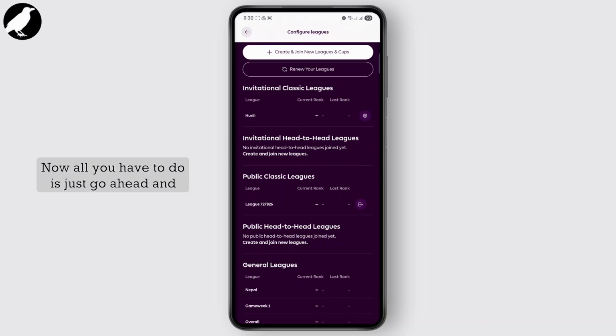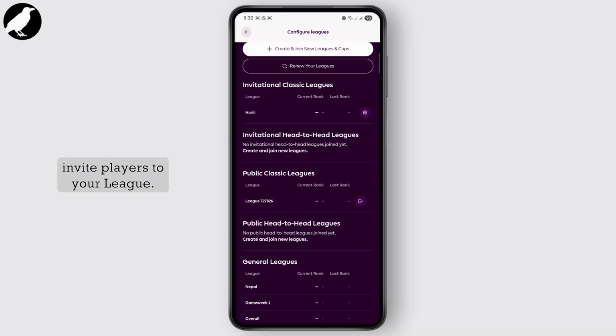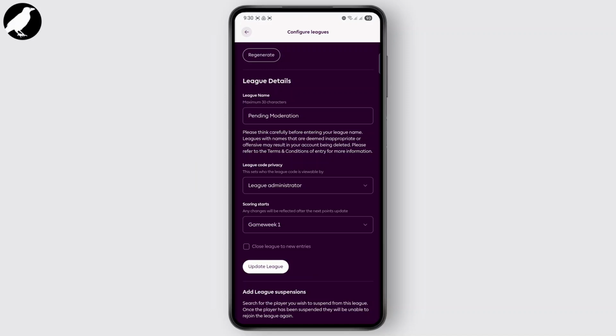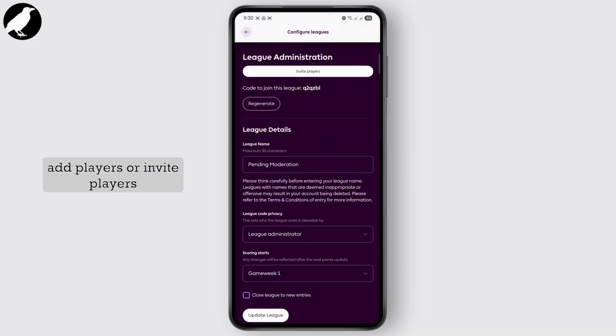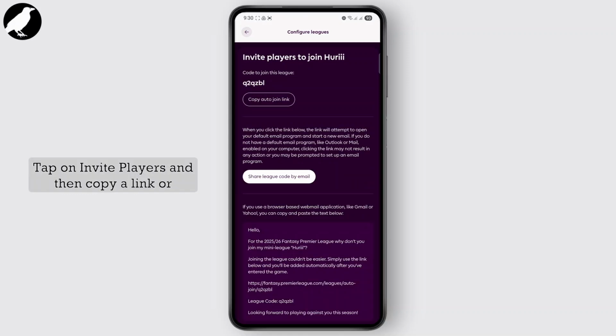Now all you have to do is just go ahead and invite players to your league. Now tap on the settings icon on your league. And then from there, you can just go ahead and add players or invite players from the top of your screen. Or you could just copy the code as well, and players can paste this code and directly join your league. Tap on invite players and then copy a link or copy auto join link,